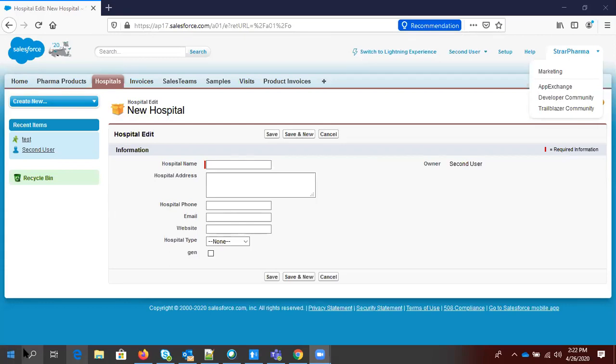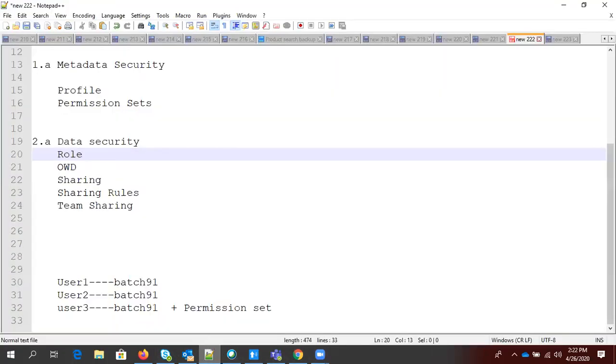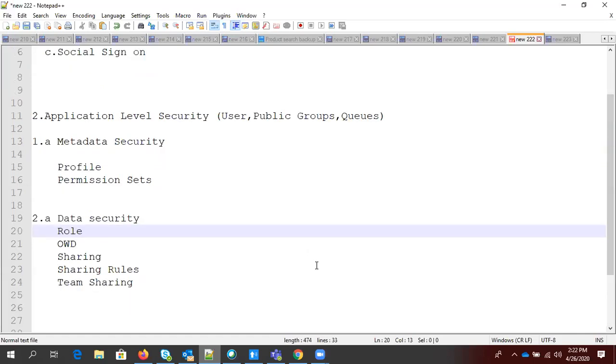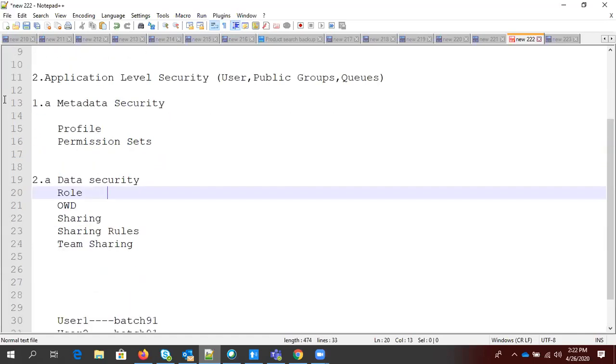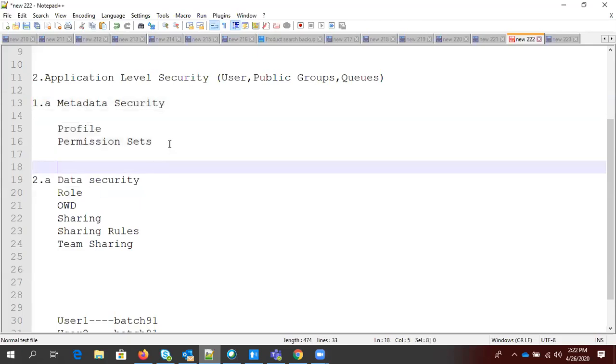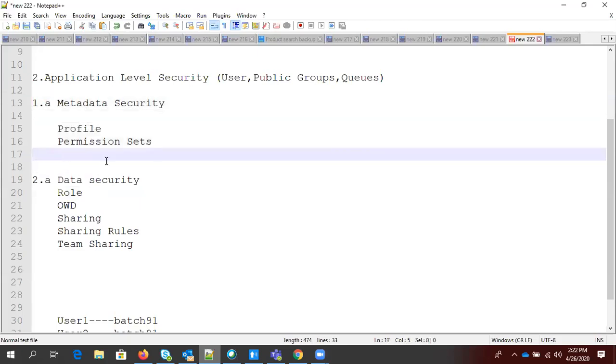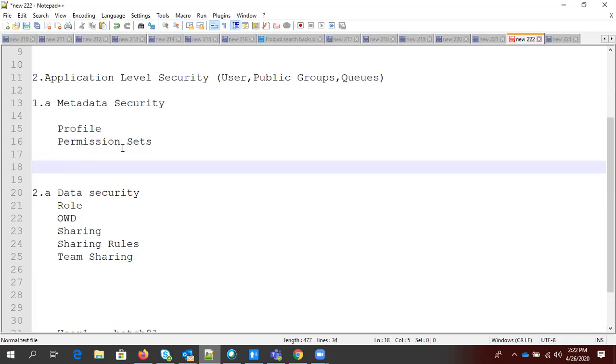Okay, guys. I'm thinking nobody has any question, and there is nothing in the chat window as well. So that is it for the metadata security. For the metadata security, do the same exercise I did: create two users, create two different profiles and assign them. Change one profile and check if it is reflecting to that user as well.